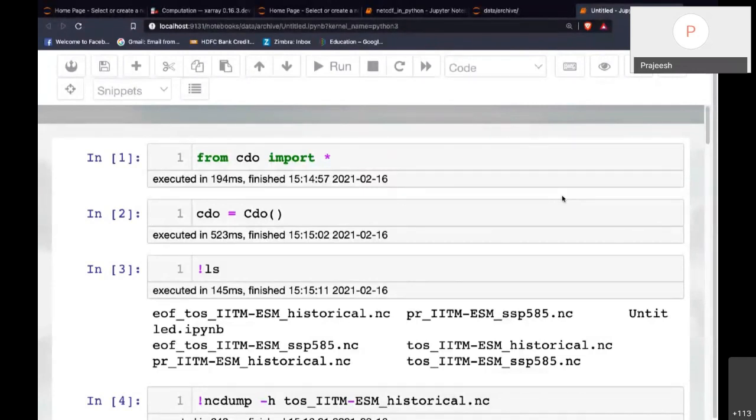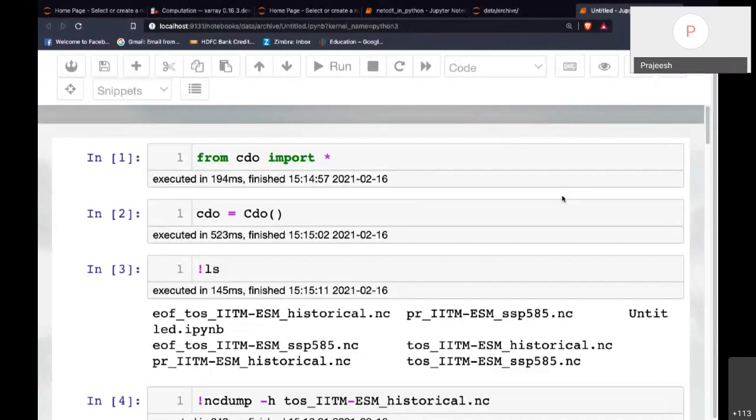Another question, I think this is for Xarray: can this also be used for HDF4 and HDF5 files? Yes, HDF files are also supported, I guess, in Xarray. Also, Xarray can be used for reading multiple data sets spanning time.